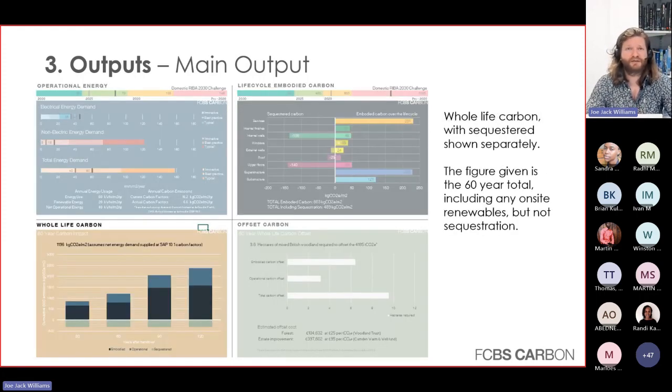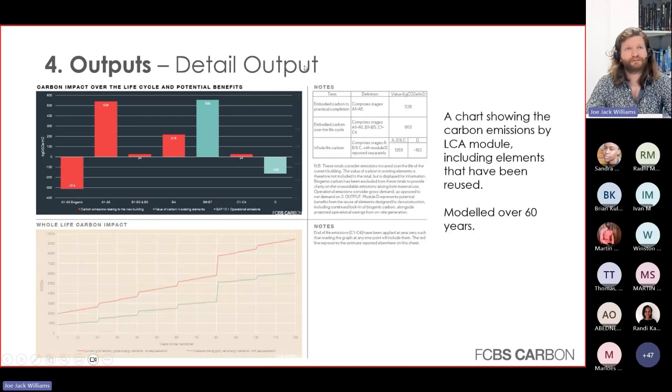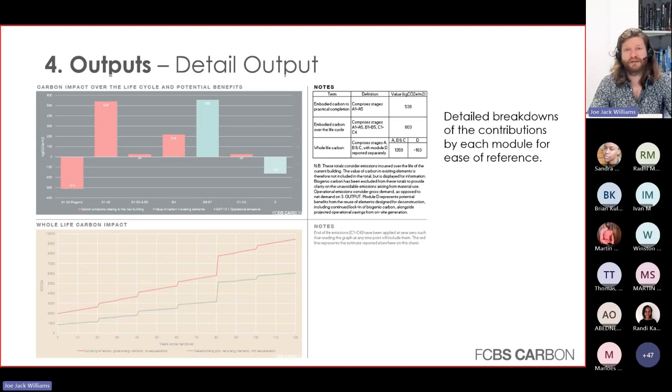So you can see, I won't take you through all these bits. I'll show you live. It's a bit more interesting. This is the detail output. So the top left here gives the breakdowns against those life cycle assessment modules, which I showed earlier. You can see here, it's got the biogenic bit as well. It's biogenic, so the carbon that's contained within it, energy, and then your module benefits. These are reporting figures, so this is what you do if you're reporting against a standard.